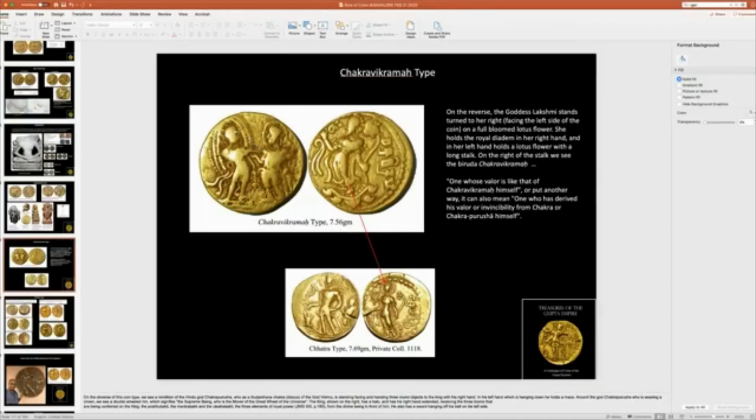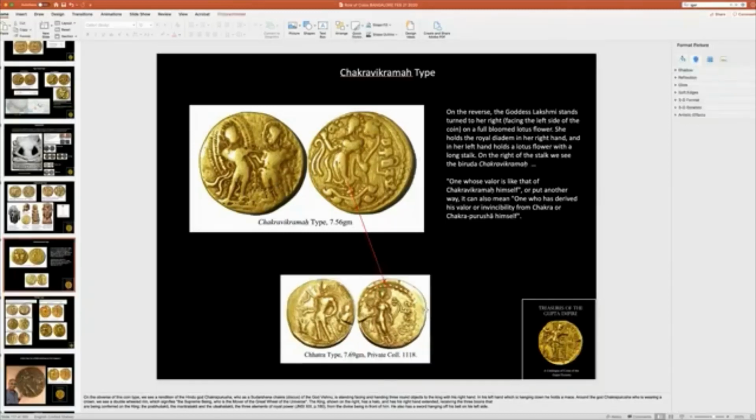But this is also a very crude style. If you look at the design, it's a very crude style, a very odd style. You know, even the way this king is shown, this person is shown. So this makes me think that this was originally being designed when the Gupta coinage was first starting out. But